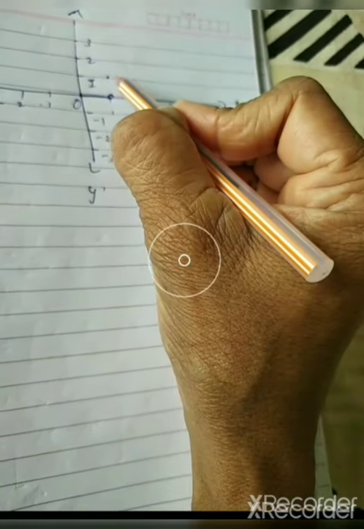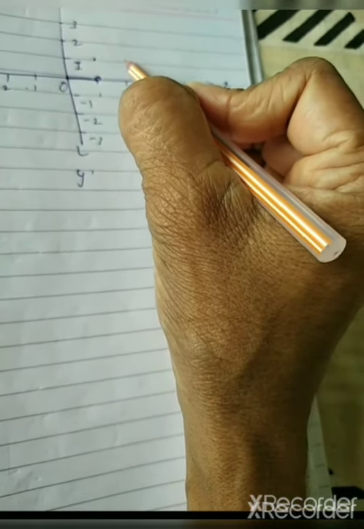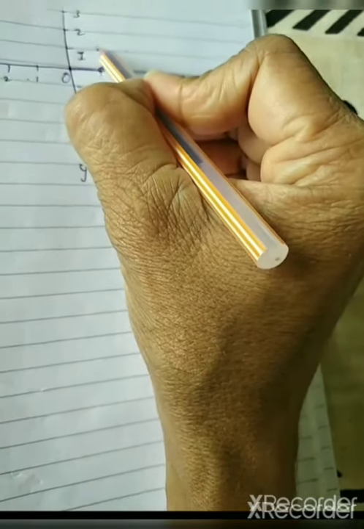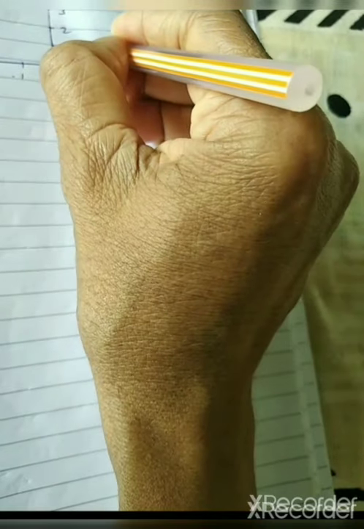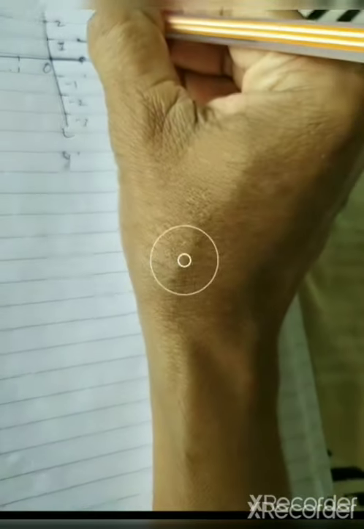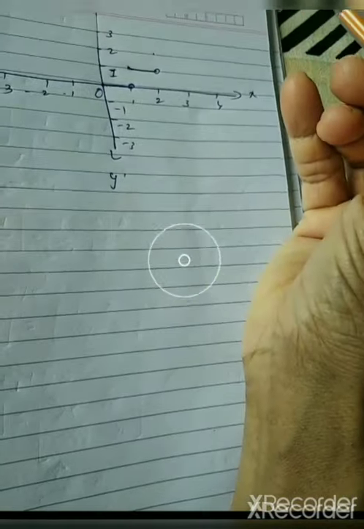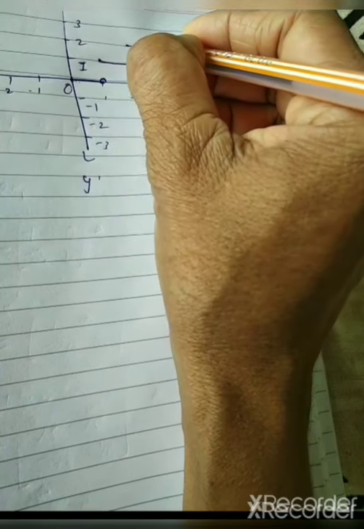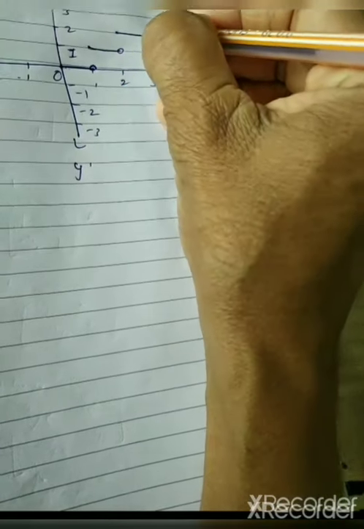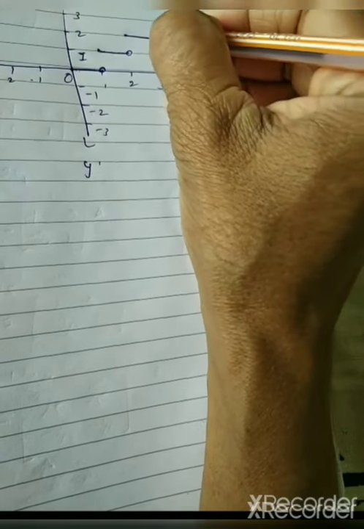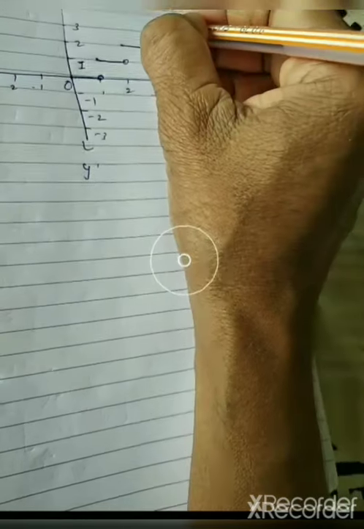Next 1.1, 1.2, 1.3 and so on up to 1.999, it takes the value 1, so the graph becomes like this till 2. But at 2 it takes the value 2, and it stays 2 till 2.9999. At 3 it jumps up and takes the value 3, with an open bubble here, and the same thing repeats.